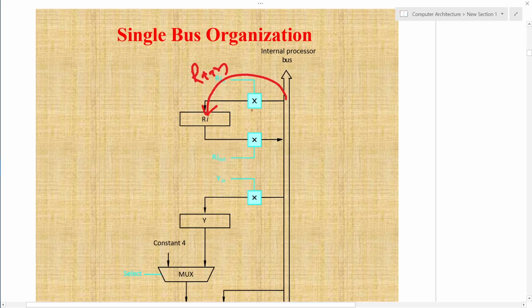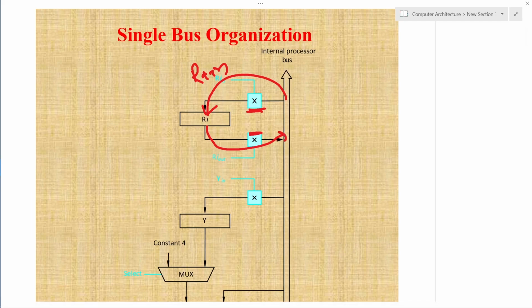So through these two ports, we can put information into a register, or we can take the content back to the bus. So these are the uses of the input and output ports for the registers.